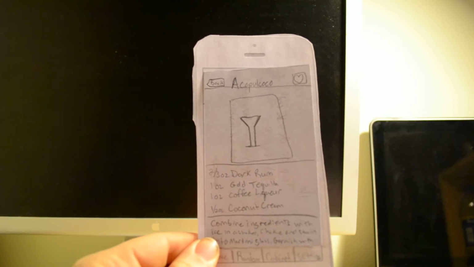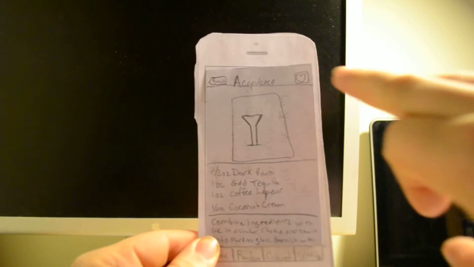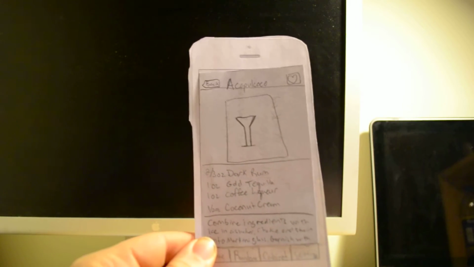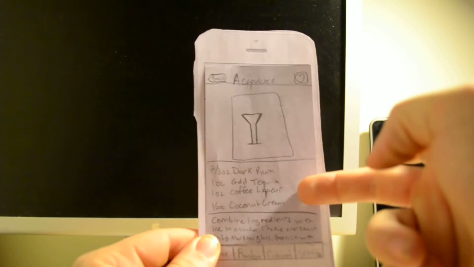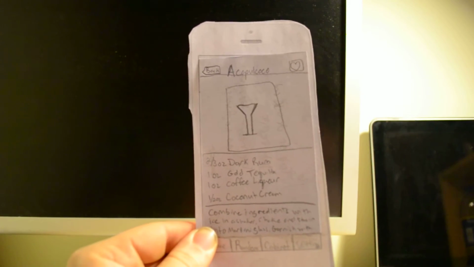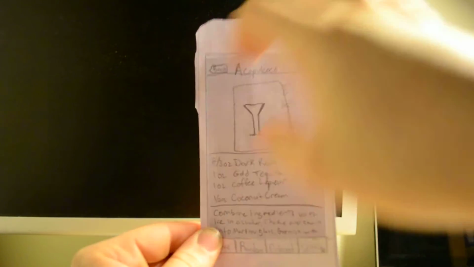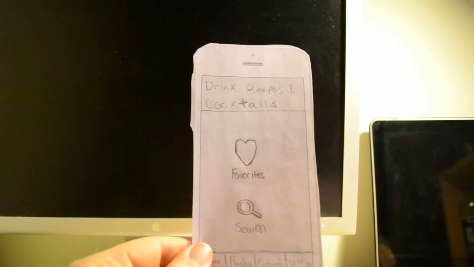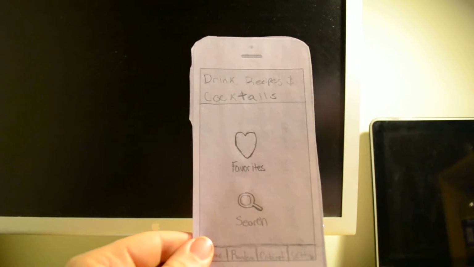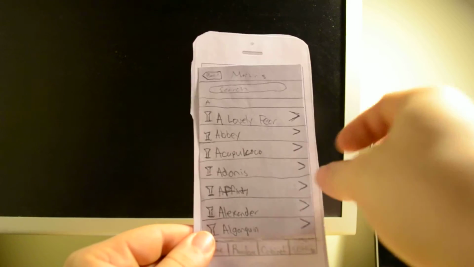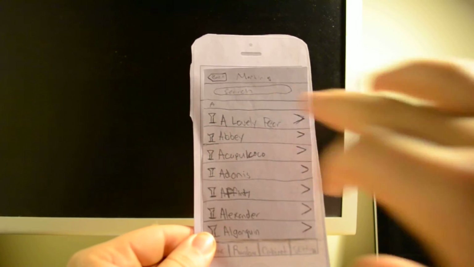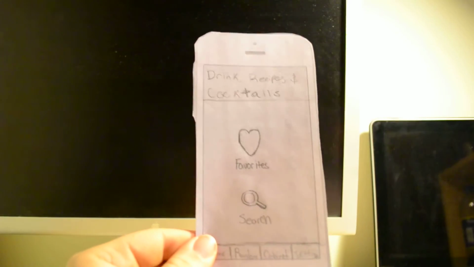And our Acapulco Loco drink recipe will show up. We can tap the top right heart over here to add it to favorites. You can also scroll up and down if we need to, and it has the list of ingredients and how to properly mix the drink. So we're going to hit back, and that brings us back to our martini screen. We're going to hit back again,